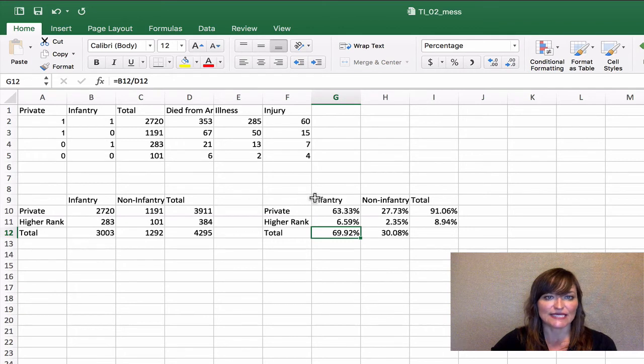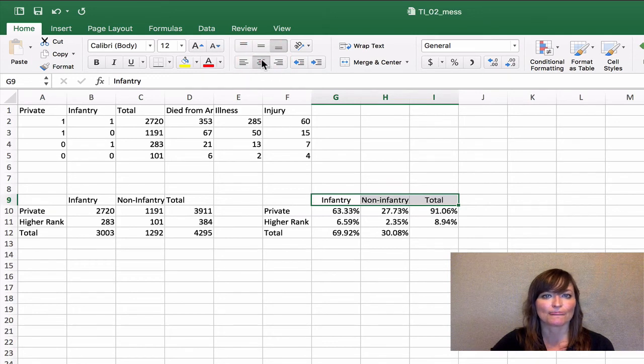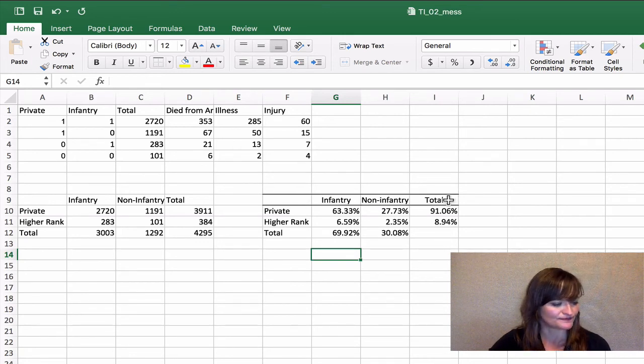Let's format the headers here. I'm going to go ahead and highlight those and center them. We then need to have a top and bottom border on the header row. So I'm going to highlight the whole header row. I've included that blank cell above the data labels because that's going to look nicer. My hot button for borders is right here. I'm going to select bottom border. I'm going to leave them highlighted and select top border. And so you can see that's just added a very subtle line, top and bottom.